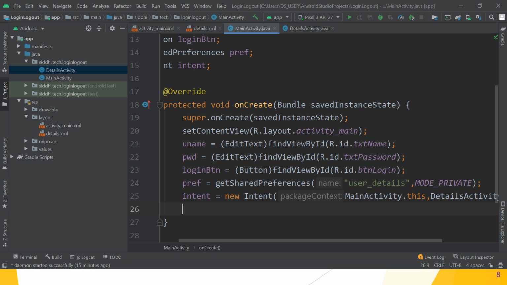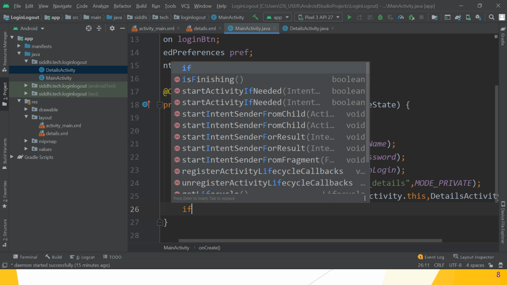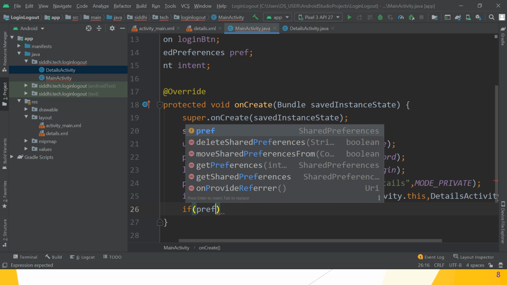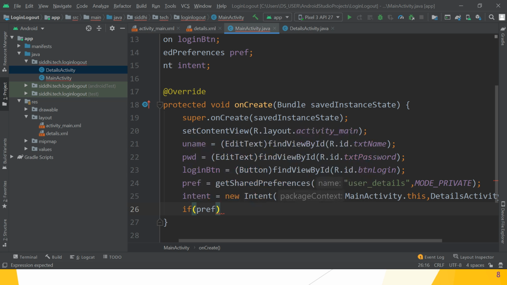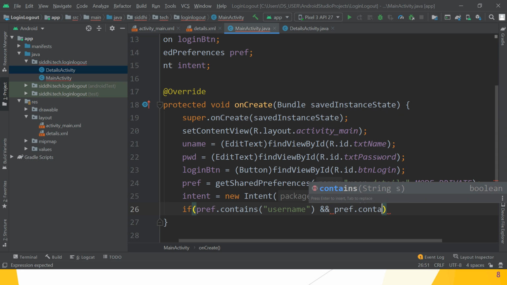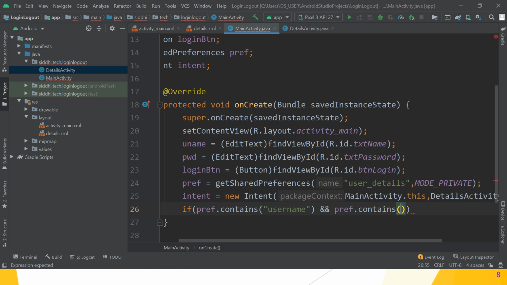Great. So after that, if previously in your preference file, suppose it contains what? Username and password. The pref.contains method is used to check if that file contains that particular string; it returns true, otherwise it returns false.